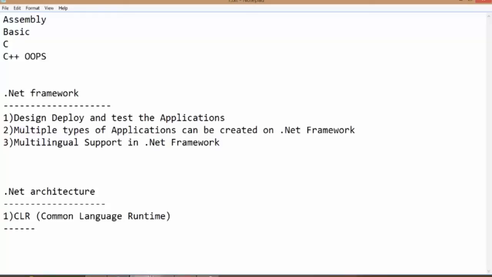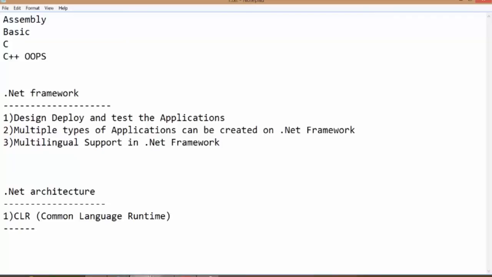What this Common Language Runtime actually means is that it is the backbone of the .NET framework. When I say it's a backbone, it means it handles a lot of tasks. In order to understand the working of CLR, we first have to understand how the .NET program is compiled on your system. Whatever your program source language is, it could be C++, Visual Basic, or C Sharp.